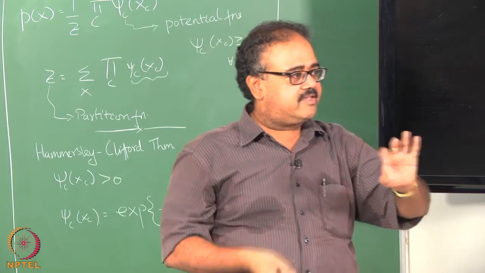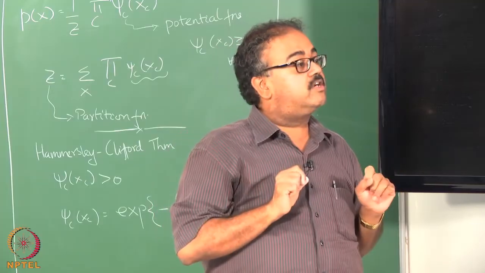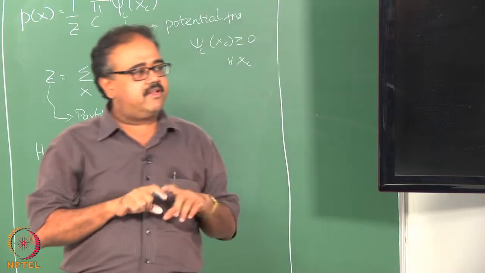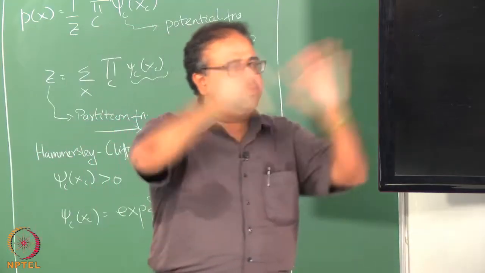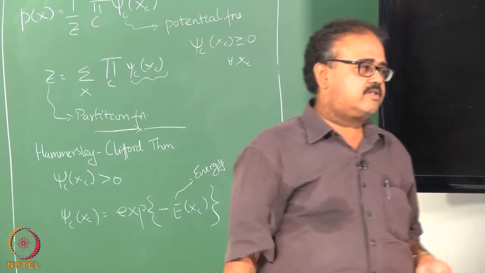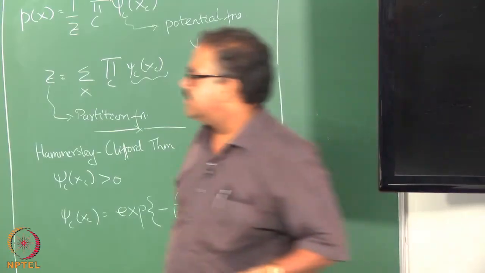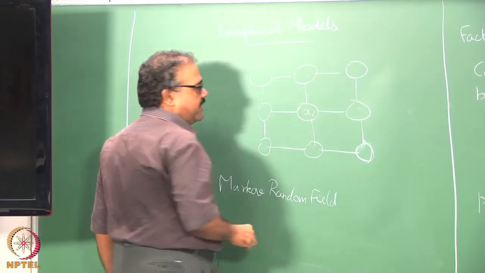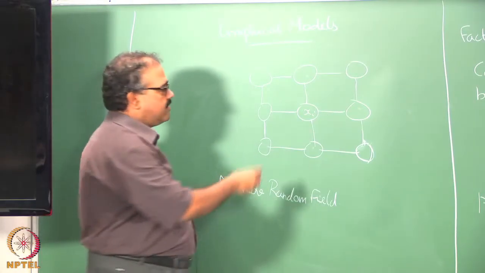So, here what I am saying is instead of the predecessor, because there is no notion of direction here, so there is no predecessor here, so instead of that I am saying given the immediate neighbors I am independent of everything else, that is why it is called Markov, right. So, let us take xi, right. So, xi is independent of everything else given